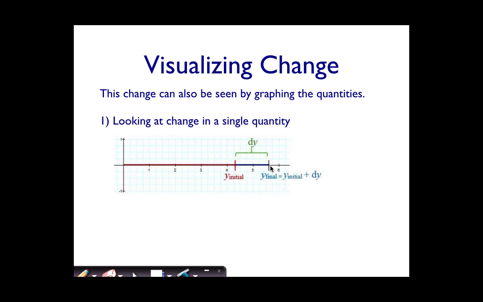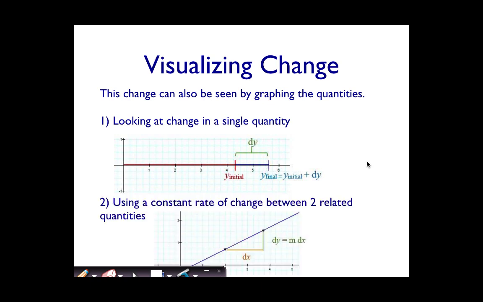So I could also imagine not necessarily having just two fixed spots, but thinking about starting from somewhere and letting y increase from there. I just happen to pause here and take a note of how much it has increased so far on its way to continuing to increase or decrease. We could also go back the other direction, become smaller. If you have a change in two related quantities, and let me just scoop this out of the way,